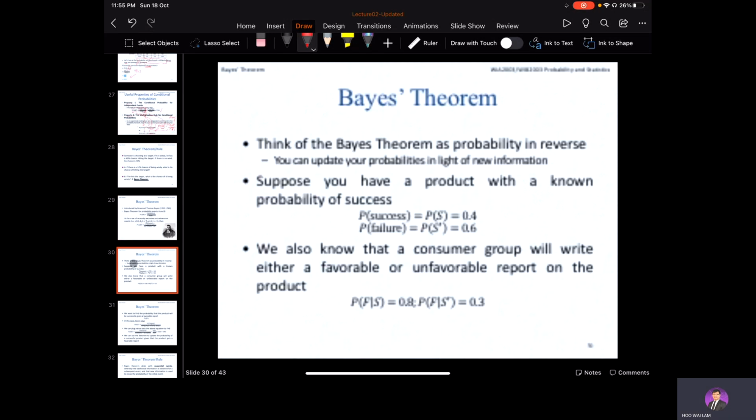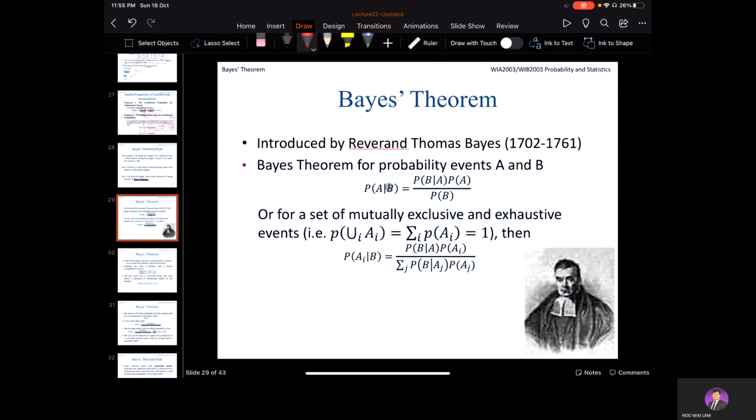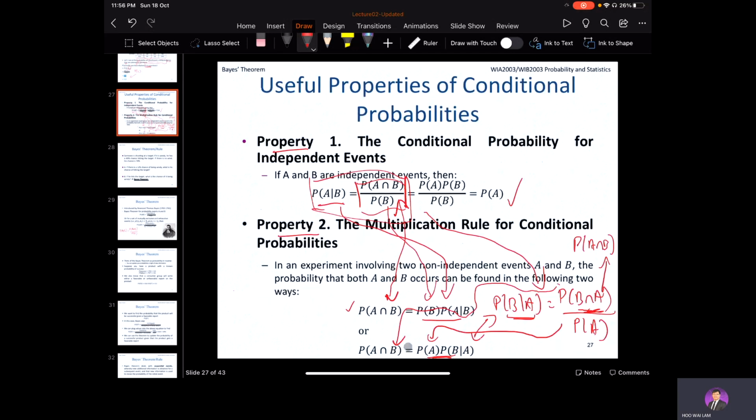If you notice this one, okay, the probability of A given B equals the probability of A intersect B over the probability of B, right? And this probability of A intersect B can be changed to the probability of B times